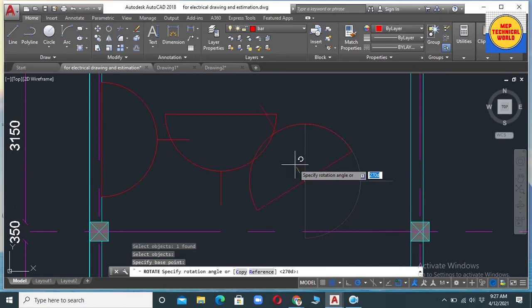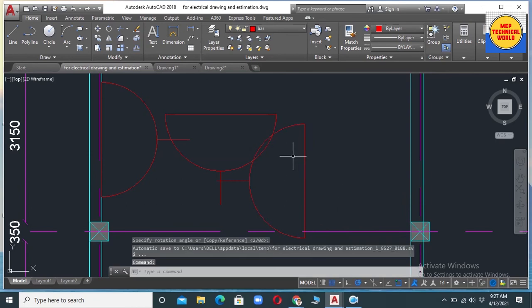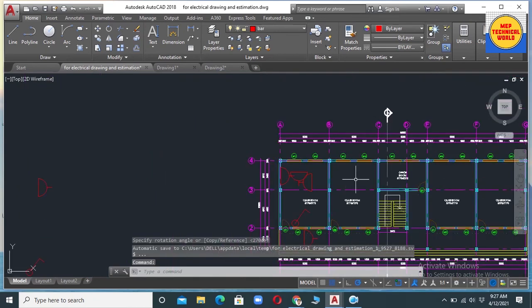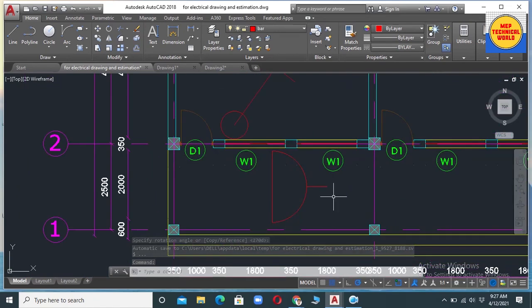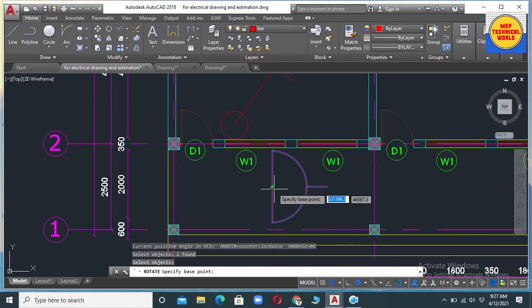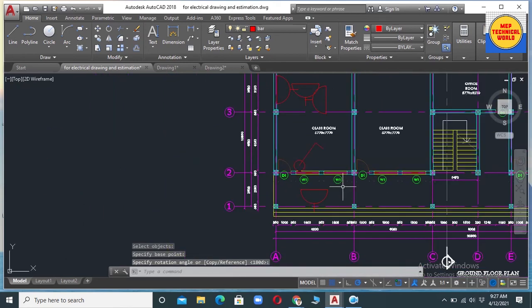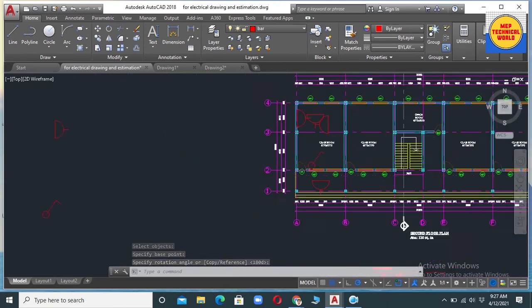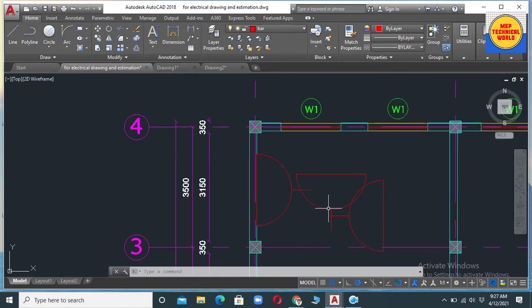Specify the base point, click on it. Similarly over here you can rotate this object and specify the base point. Now we have rotated these power sockets in the direction where we want to fix them.